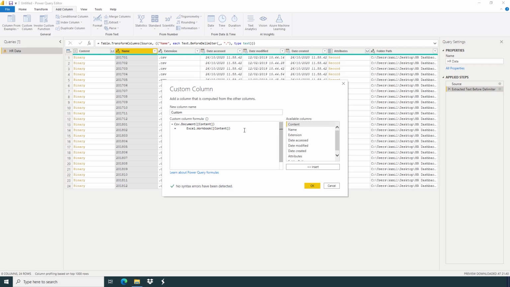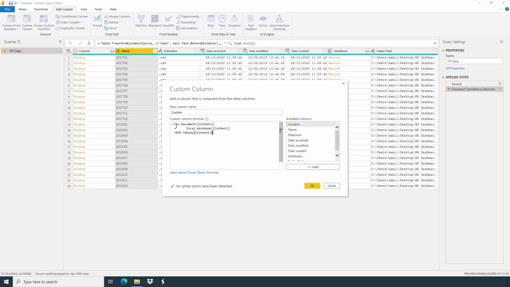Or if you have multiple PDF files, you can also write PDF.Tables and Content, parenthesis close.